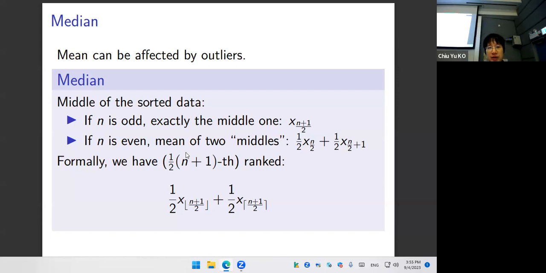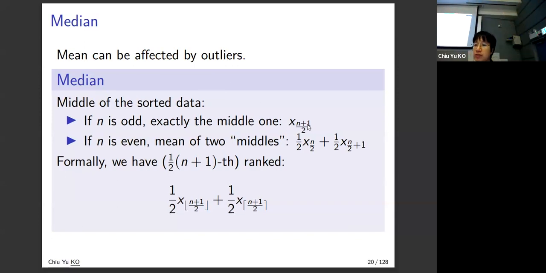And how can you represent the median? Of course, the simplest thing we know is the median, by intuition, is the middle data, right? But how can you operationalize this middle data? If you have 3 observations, the middle is exactly the second one. That's no problem, right? Second just comes from 3 plus 1 over 2. So it's n plus 1 over 2. That's no problem for this one, right? With an odd number of observations, there's exactly a middle, okay?